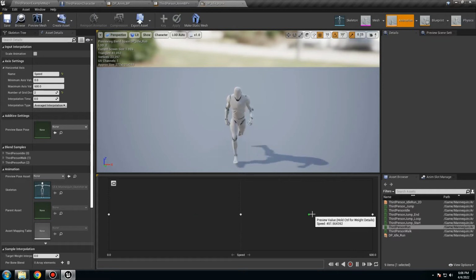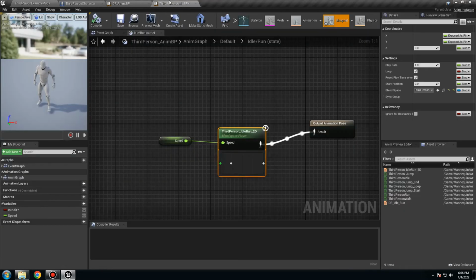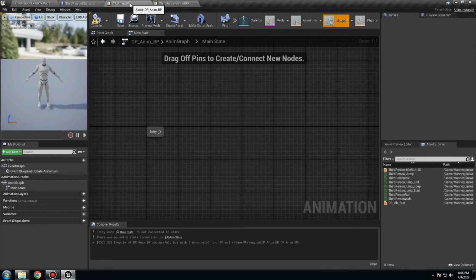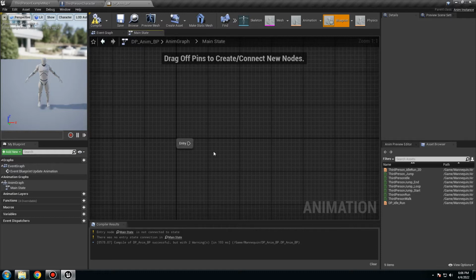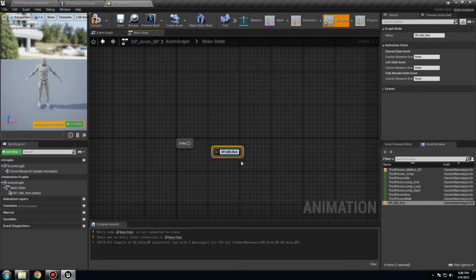So we have this. We can save it and close here. Then we're going to go to our Anim blueprint. We can close this, we don't need it. Here we can do two things. We can create a new one from here, or you can put this inside here. So I'm going to put here idle run, for